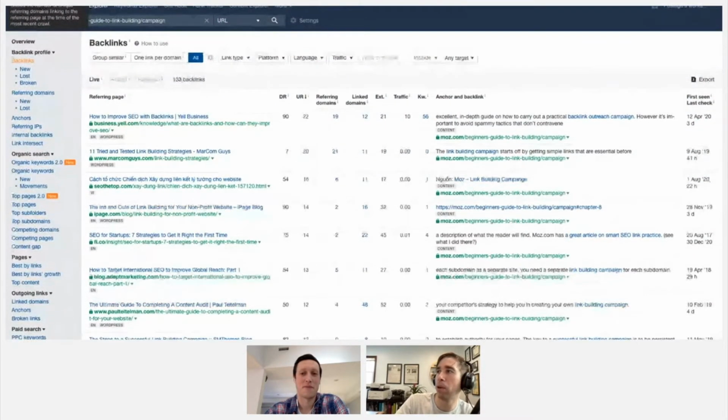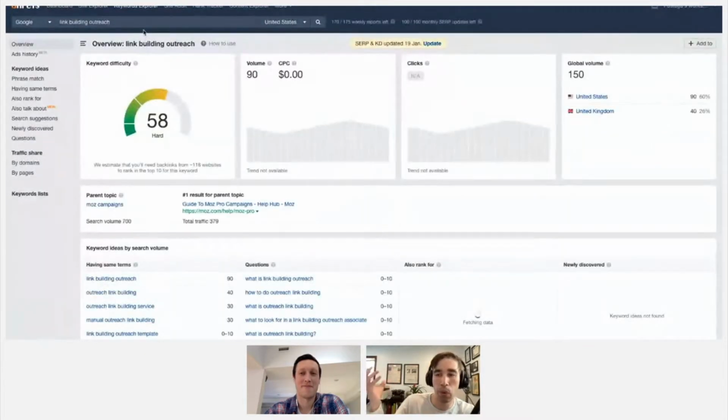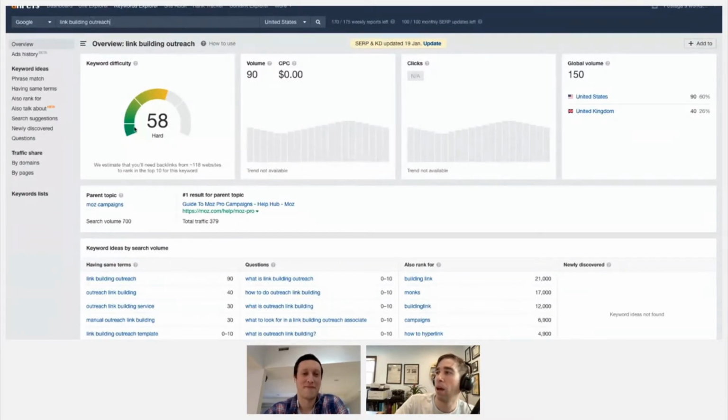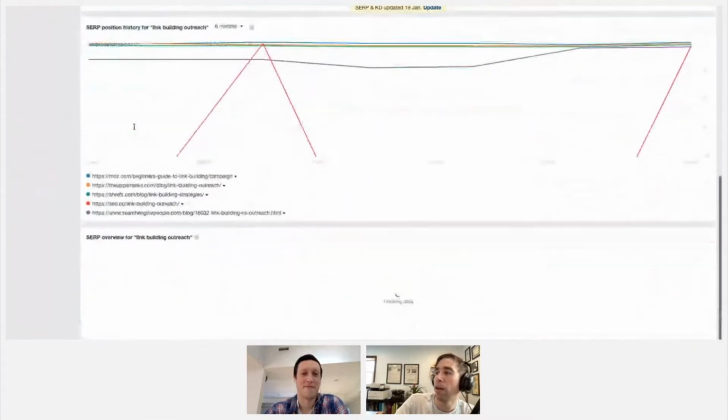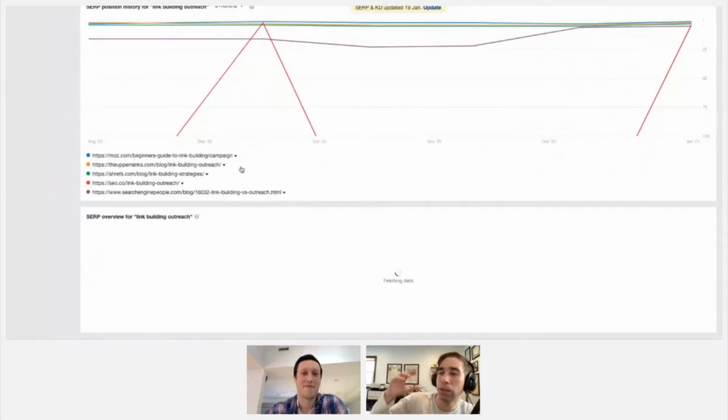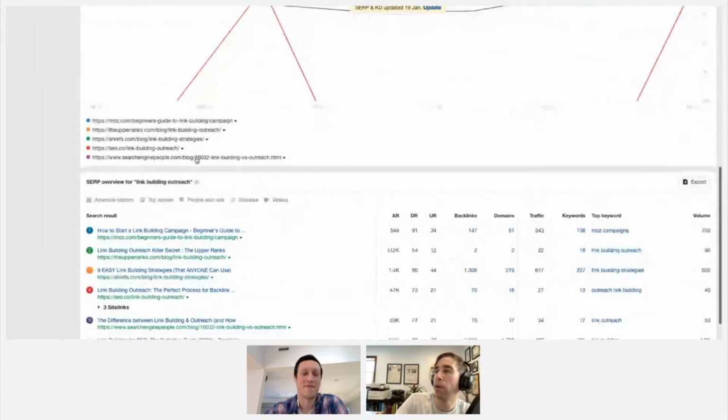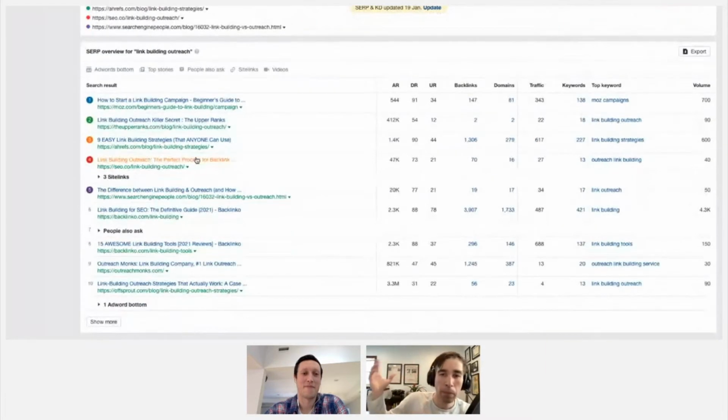And if you're not familiar, this is kind of what Ahrefs looks like. It's a tool for keyword research and SEO research. And so here in the Keyword Explorer, I'm searching for link building outreach, which is what I'm going for. I can then see search results and research that I'm given about this topic.